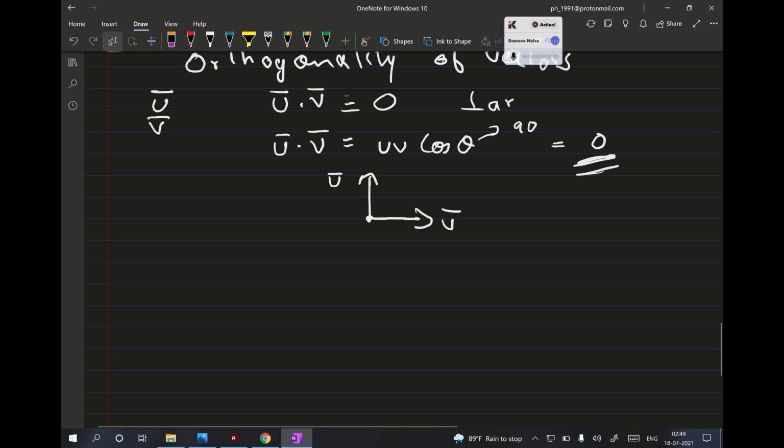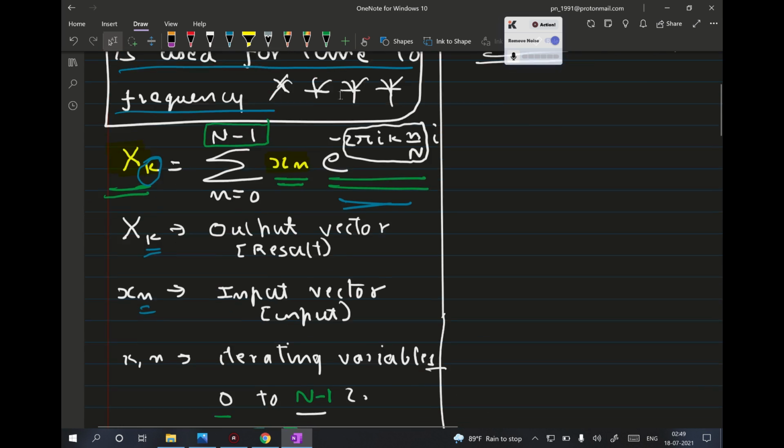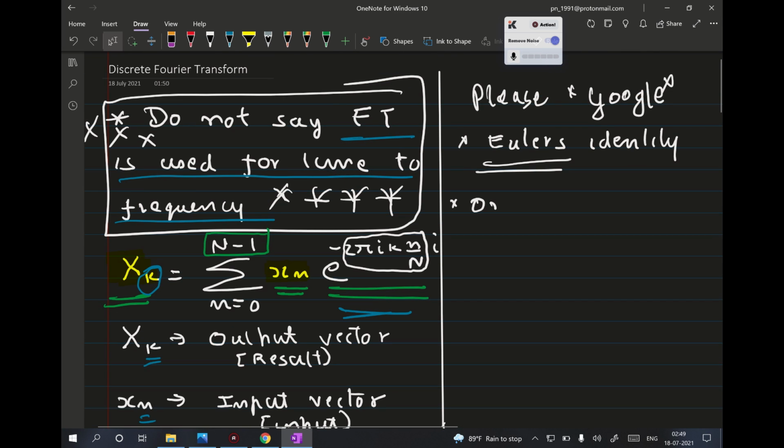Similarly, for the n-dimensional case, sine and cosine are orthogonal functions. If you are not familiar with the statement I made just now, you can refer to the orthogonality of sine and cosine,